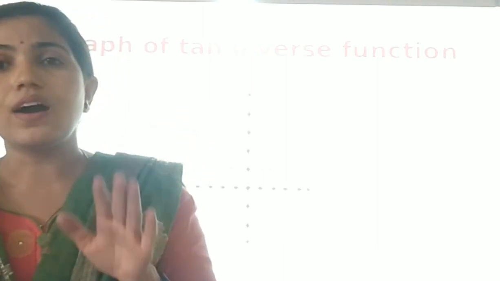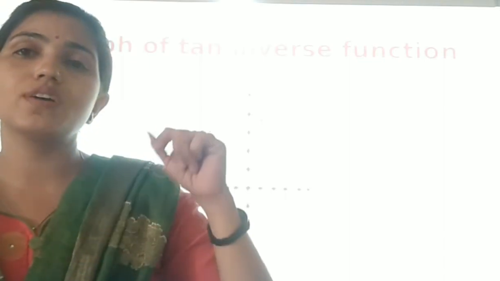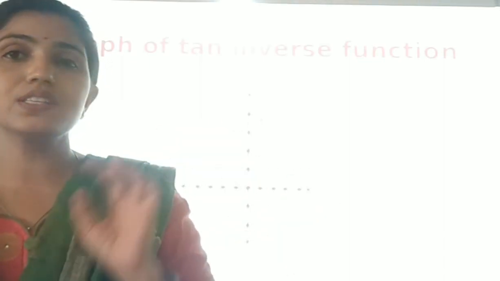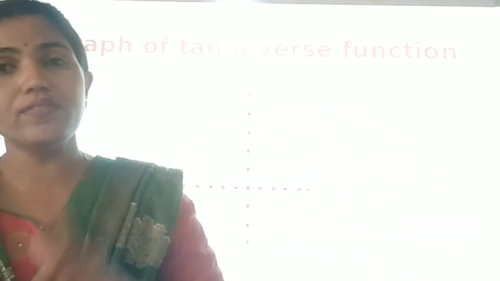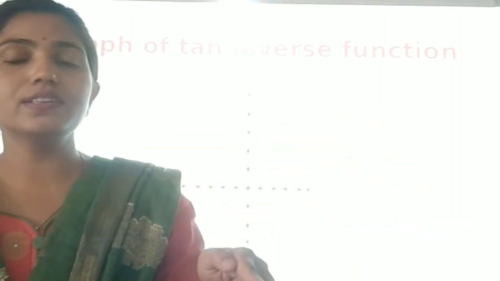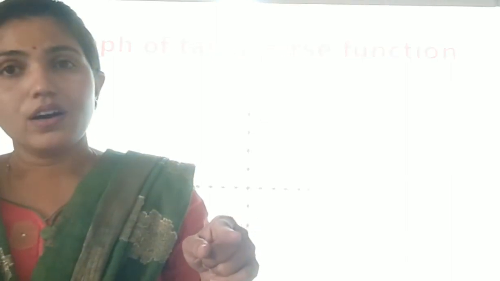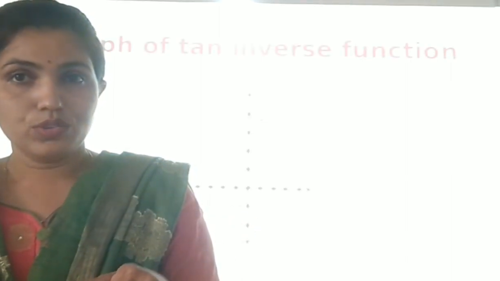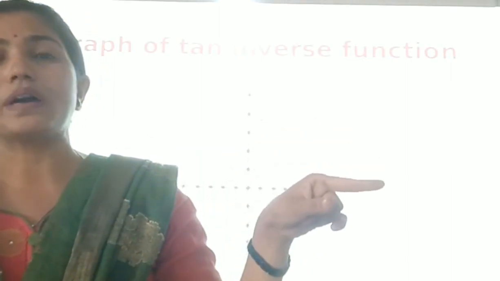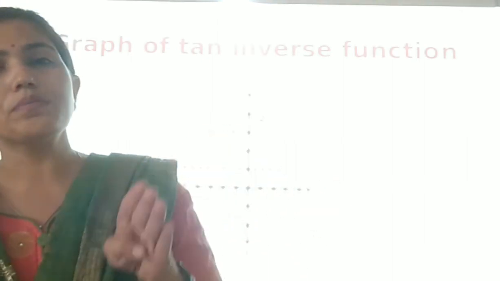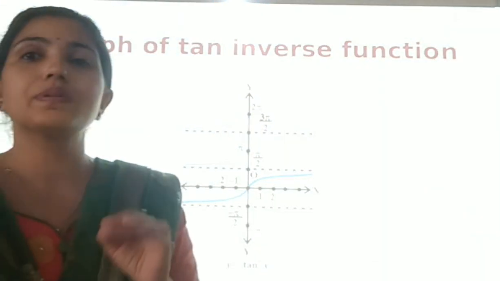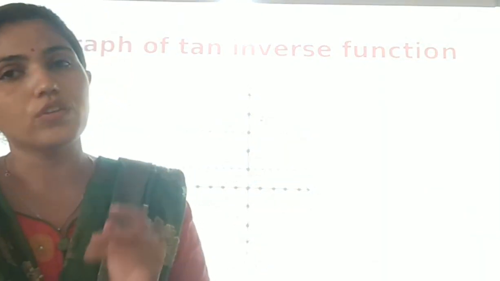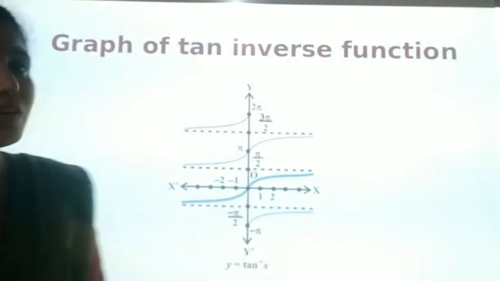Okay, if they ask the value of sine inverse of 0 and the interval is not given, then sine inverse of 0 is 0. But if they have defined the interval pi by 2 to 3 pi by 2, then your value will be 2 pi. So remember students, like this the value will be defined, and this is called the principal value branch of the function. So today we stop here.